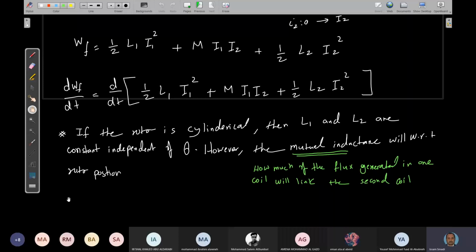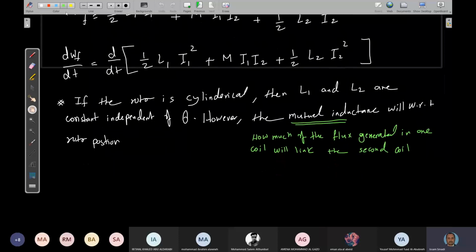So if this is the case, if I need to evaluate this under the cylindrical rotor, which means that L1 and L2 are constant and only M is time varying, who can help me to evaluate the rate of change of the field energy? If I evaluate the first term, this is equal to what? Here I'm using 1 and 2. So L1